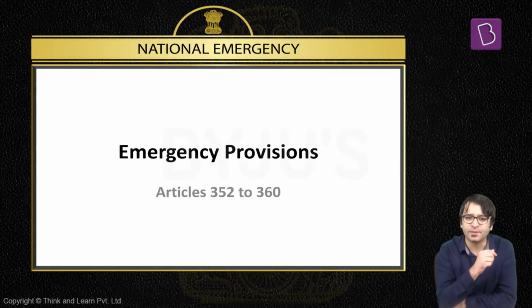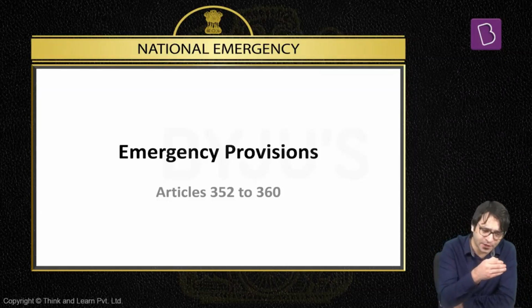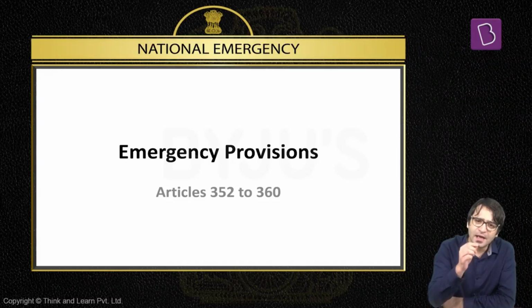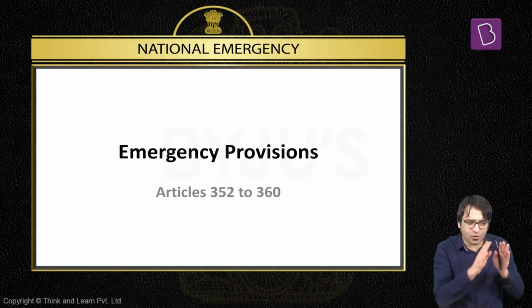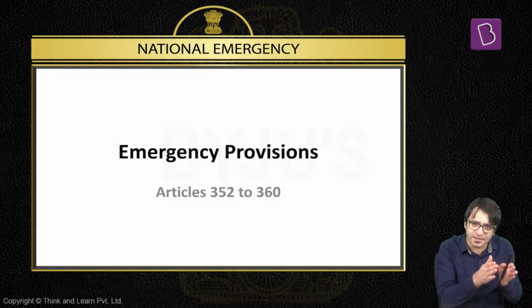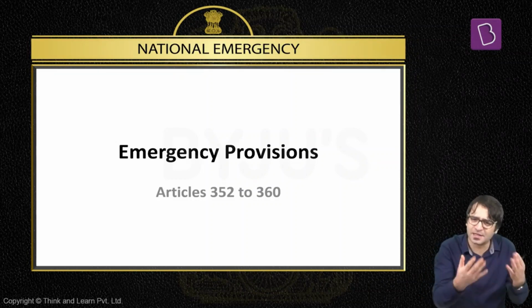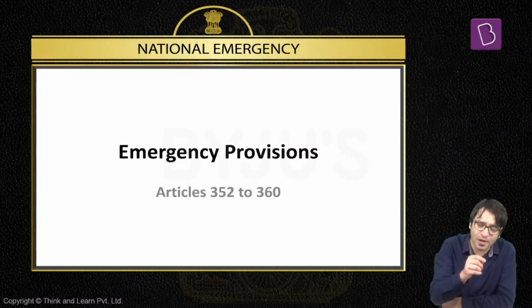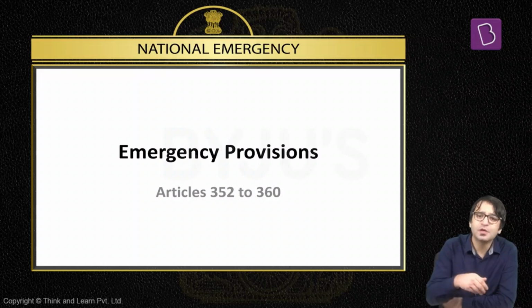If you recall our first lecture, where we discussed the distinction between a unitary and a federal Constitution, I told you that there are 5 important characteristics which define a particular federal Constitution. That means if we have to judge whether a Constitution is federal or not, we compare it to the Constitution of the United States. And if there are these 5 characteristics which are present in this Constitution, we say this Constitution is federal, otherwise it is something else. But which are these 5 important characteristics which define a federal Constitution? Number 1, dual government. Number 2, distribution of powers. Number 3, written Constitution. Number 4, supremacy of the Constitution, the rigidity of the Constitution. And number 5, independent judiciary.